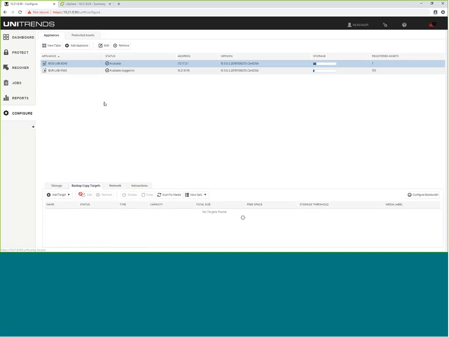You can select where you want that data to write to beyond the appliance. Do you want to replicate it to the Unitrends cloud, another Unitrends appliance at your own DR site, third-party cloud like AWS, Google Cloud, or Rackspace, as well as replicating or archiving to a NAS through CIFS or NFS, or disk or tape through fiber or SAS connection? So there's a lot of options when it comes to archiving your data.